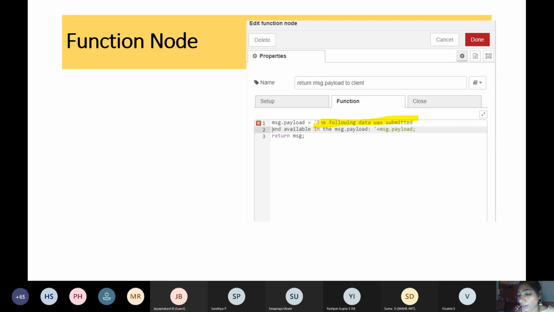The following data was submitted. Whatever you would like to print over there, you can give it here, and then you can bring your data from msg.payload. So you can use this msg.payload object in order to retrieve that complete object. So this is all about the function node.